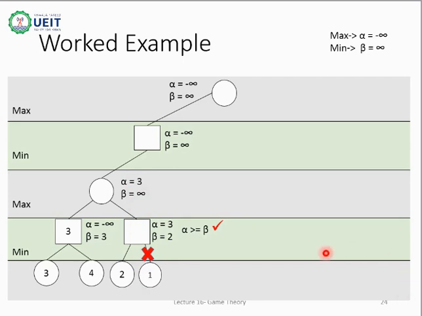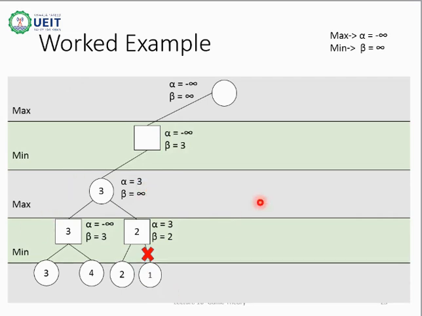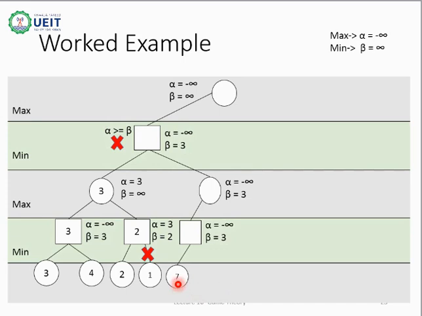Node value will be now finalized as 2 and maximum value will be selected as 3 out of these two. Depth first search takes us back to this node here. As level suggests, we have to choose minimum value and thus beta is assigned 3 for now. Condition check is performed again before exploring right child and condition becomes false as negative infinity is not greater than 3. DFS will take us to the deepest tree level to the node 7 again.